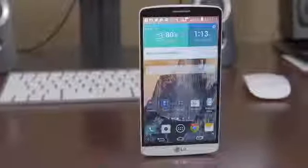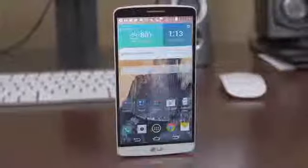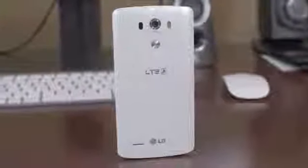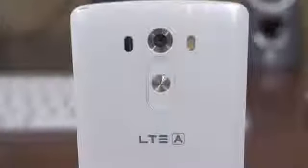The LG G3 was and still is a fantastic device. It came at a time where one of their main rivals, Samsung, was a bit confused on the Galaxy S5, and the other main rival, HTC, had just hit a home run with their HTC One M8. But LG wanted to do something a little more special, so it may have taken them an extra month or